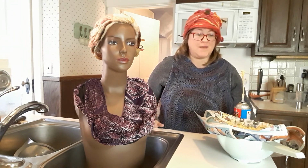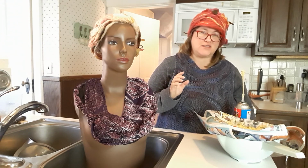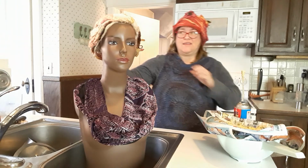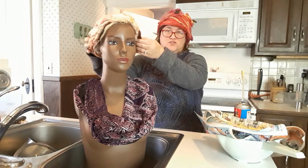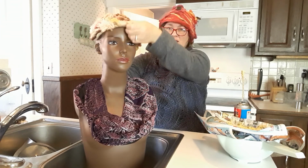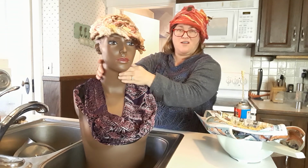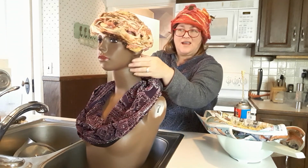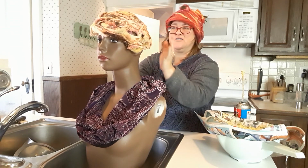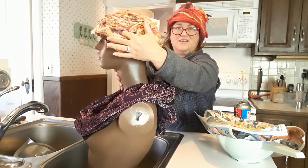This is also a time that I'm going to teach you one of my little tricks. It's a thing that I do when I need to needle felt something really large. And this hat is totally wet right now, so I can't bend the brim or anything. But this hat is really giving me a hard time in certain areas, and I just feel like I need to really needle felt it some more, like right in here, it's got